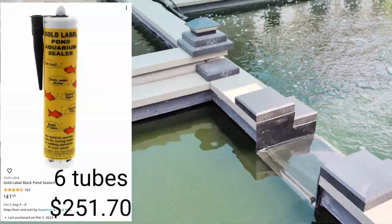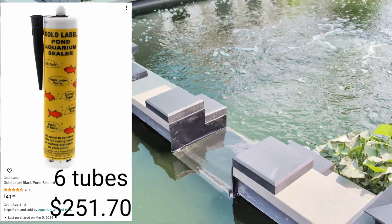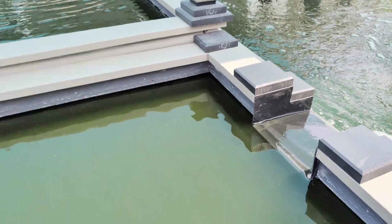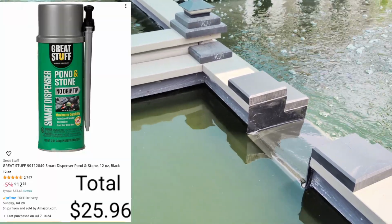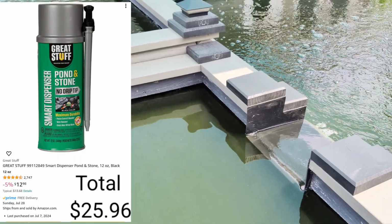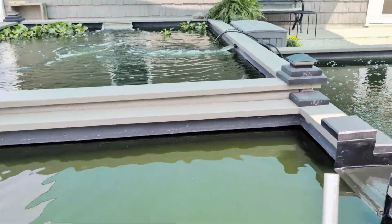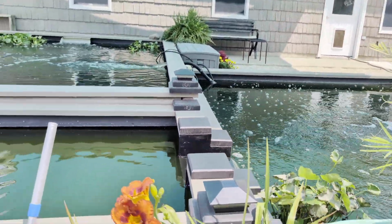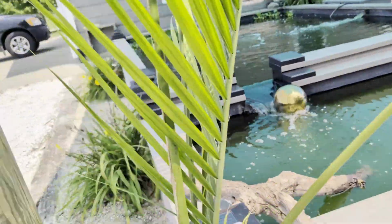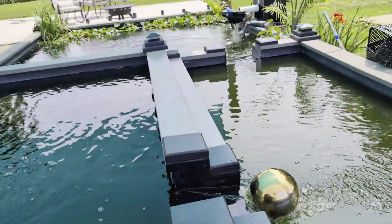And then I used 6 tubes of adhesive, which will also be on the left-hand side. And then 2 cans of waterfall foam, which again will be on the left-hand side. And that's it. I mean, you do need to use a heat gun, and a good saw would be nice to cut them out. But other than that, and it's not that I wanted to go cheap,